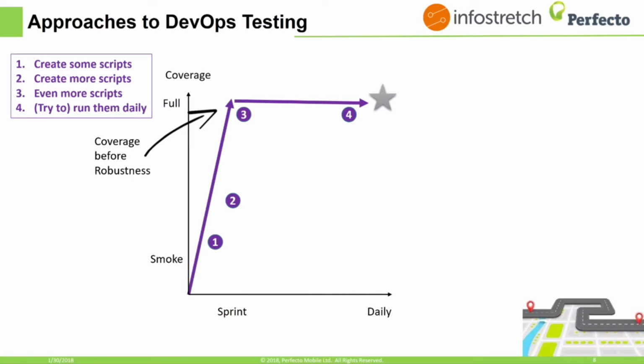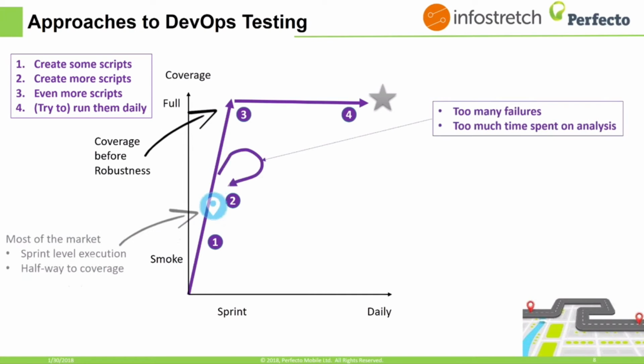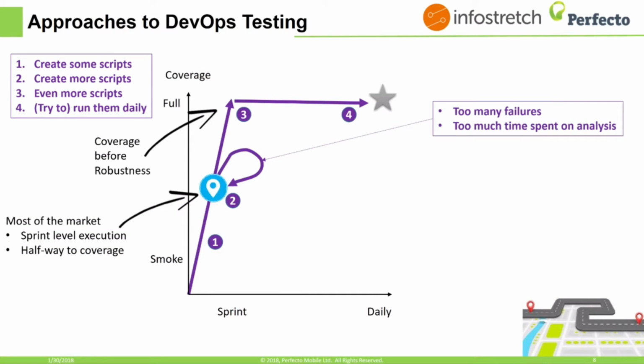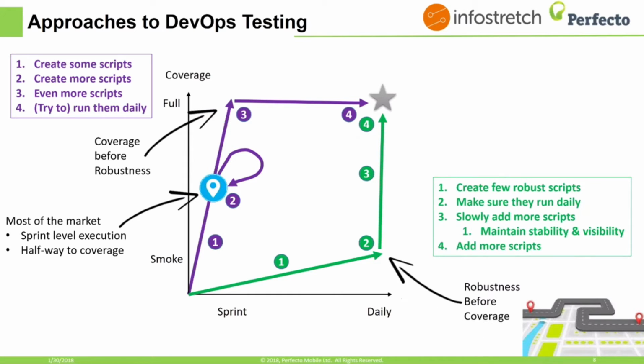And when they fail, it stops everything. It stops the continuous integration workflow, it stops the feature development, and causes a lot of pains and bottlenecks. We see in the market that this approach causes huge flakiness in the tests. We see that the test labs, when you're moving in that approach, are not really equipped, not ready to handle this amount of tests. And this is why we actually recommend, this is the green path here, to start slow,